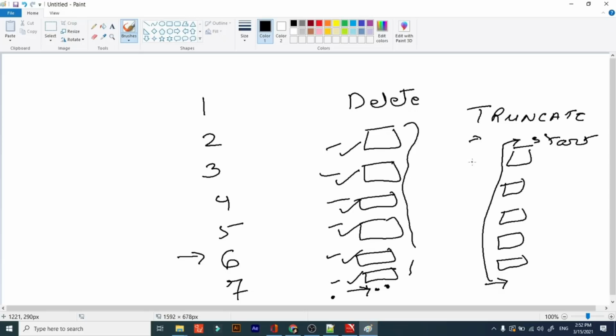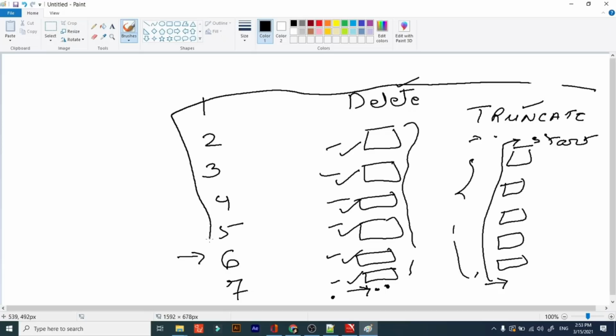You are inserting records 1, 2, 3, 4, 5. Suppose we delete the records 1, 2, 3, 4, 5. The pointer is still at the 5th position, and all these spaces are still engaged.